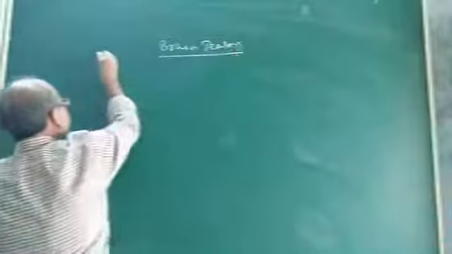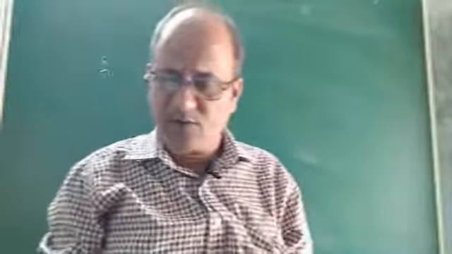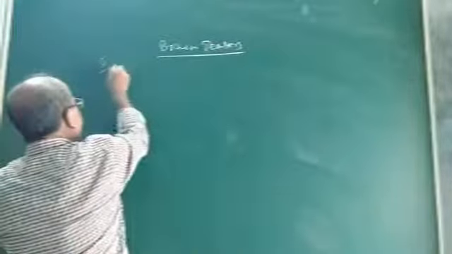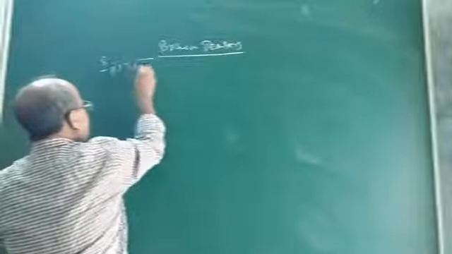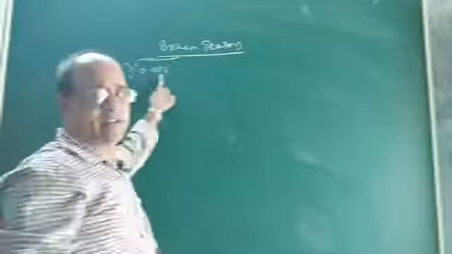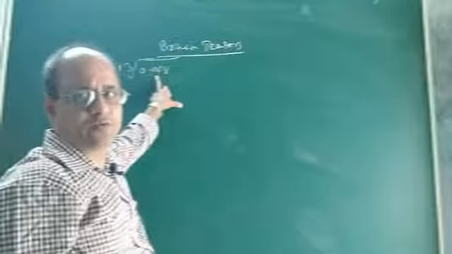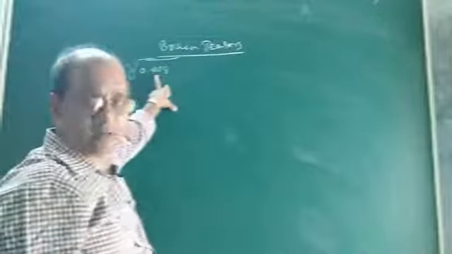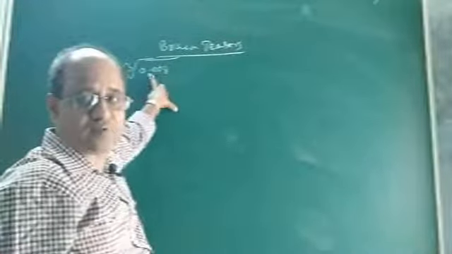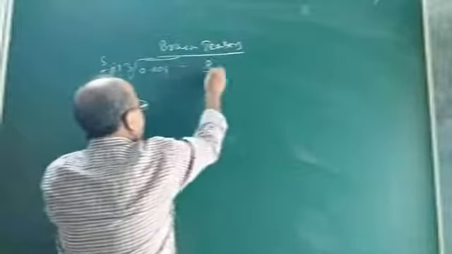See number 5. What is given? Find the value of the following cube roots. Cube root of 0.008. You see how to find the cube root of 0.008. See children, this is a decimal number. To find its cube root, what will you do? First you convert it from decimal form into fraction form. As it is a decimal number, first you change it into fraction form.